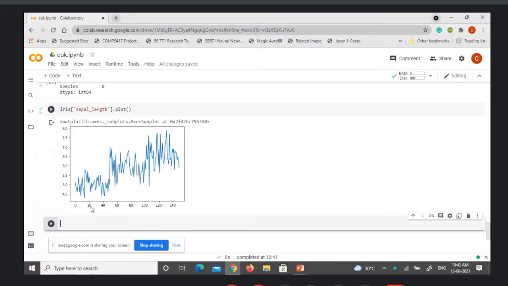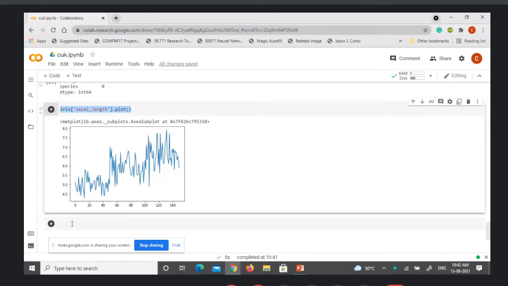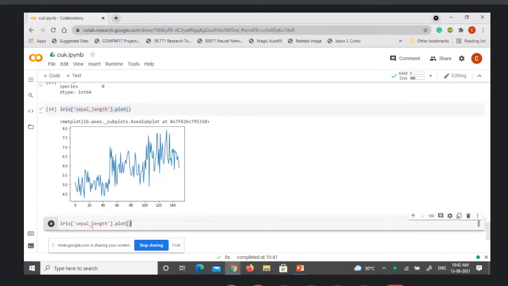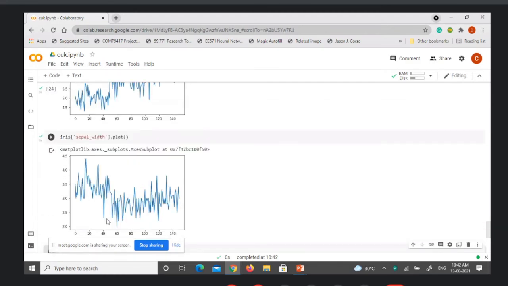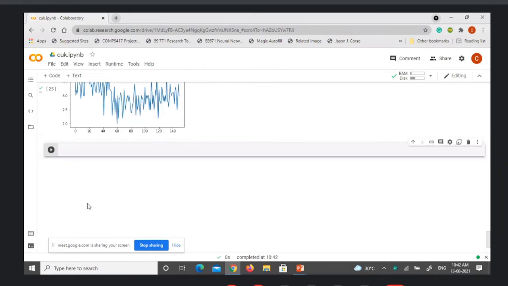On the x-axis you have the row indexes, totally 150, and the range of sepal length is from 4.3 to 7.9. Similarly, you can check for the other things also.